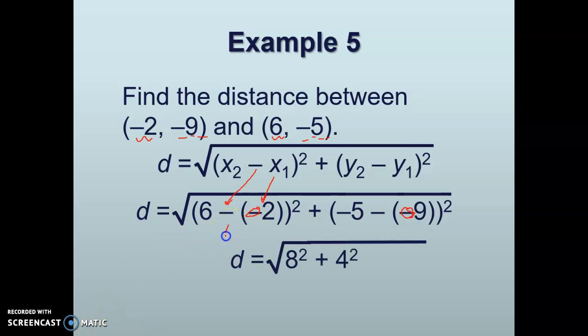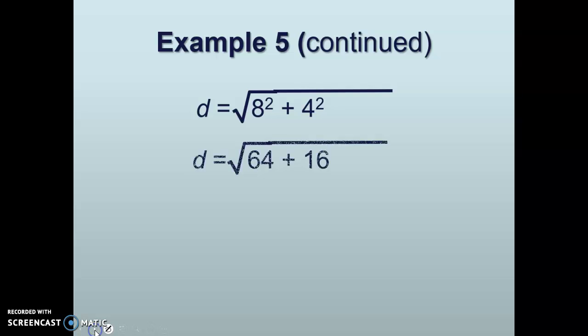When we simplify that, we get 6 plus 2 squared, which is just 8 squared here, and negative 5 plus 9 squared, which is where we get our 4 squared here. 64 plus 16. And then we have the square root of 80 because we've added the 64